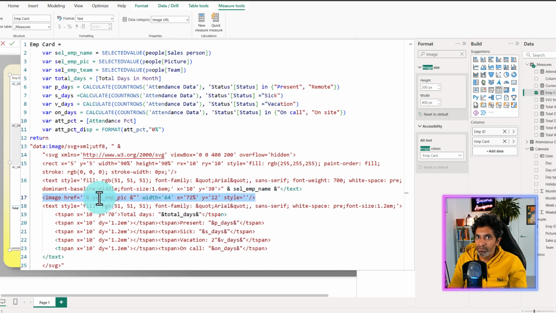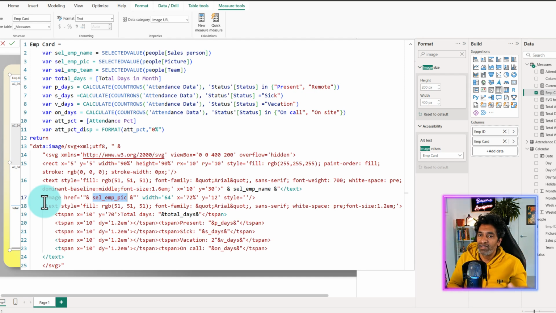I mean, it does work, but it's not able to read a URL and get the URL in runtime and then show that. So this seems to be a limitation of the SVG implementation in Power BI, whereas if you use this kind of code in a browser on a website, it works normally because SVG is capable of getting other URLs and embedding them inside. But Power BI, for whatever reason, they're not implementing this, or maybe they will implement in future. So the alternative here is actually get the bytes of the image and then feed those bytes directly to